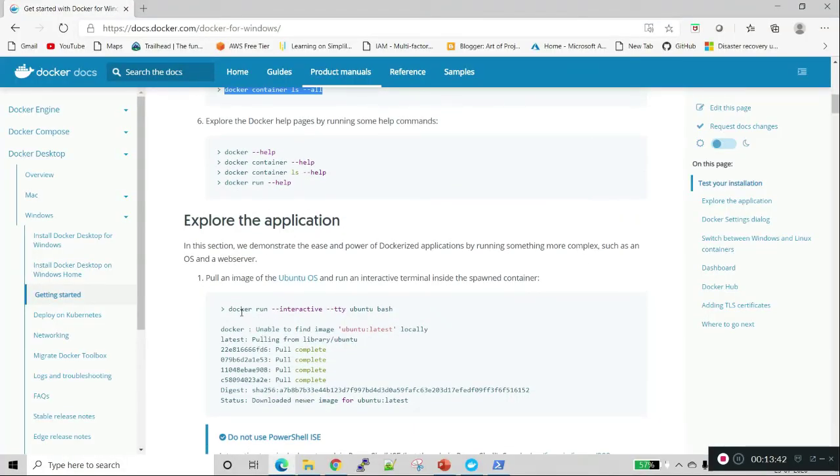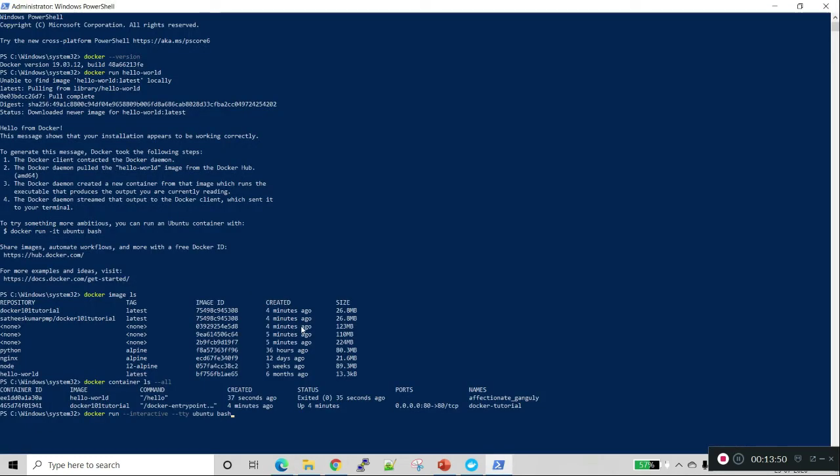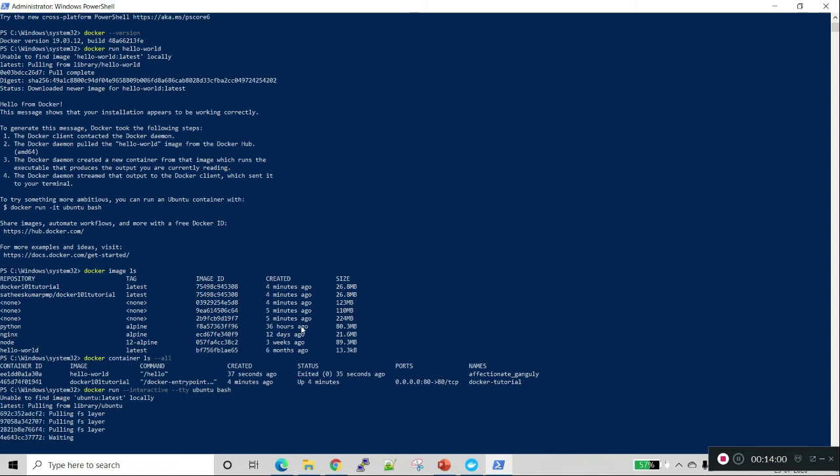So now let's install the operating system. Actually, Docker is on the Windows platform, but the Docker web servers will be working on the Unix platform. So we need to install the Unix platform within Docker.